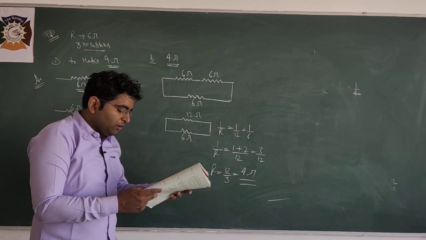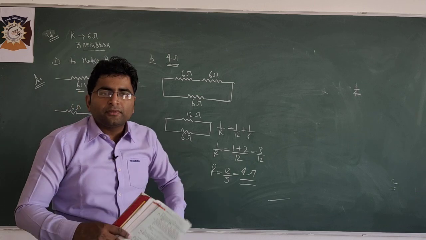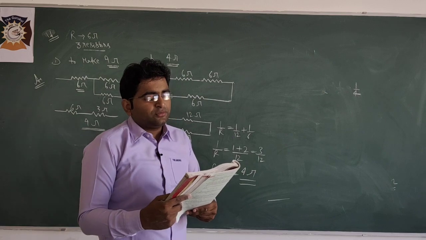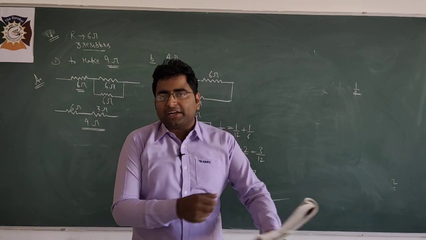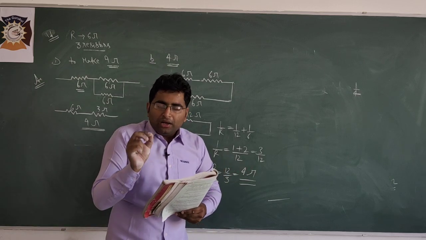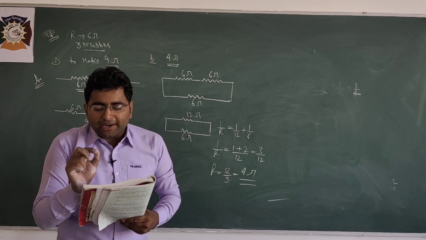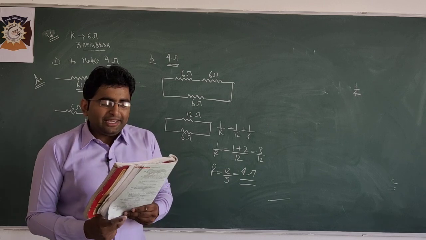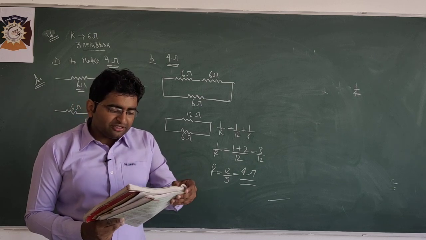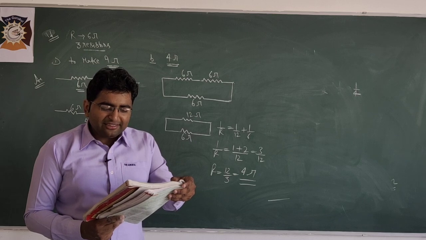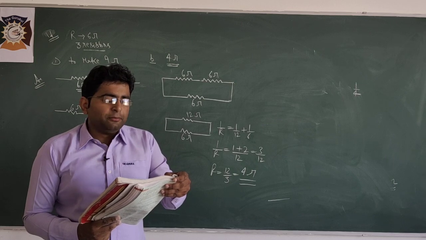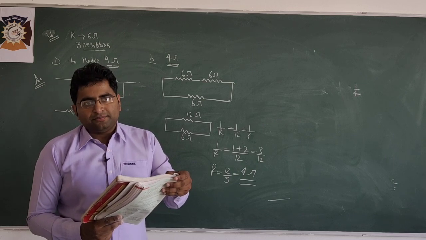Now students, question number 12. Several electric bulbs designed to be used on a 220 volt electric supply line are rated 10 watt. Several electric bulbs are connected across 220 volt and each bulb has power rating 10 watt. How many lamps can be connected in parallel with each other across the 220 volt line if the maximum current is 5 ampere? Clear?